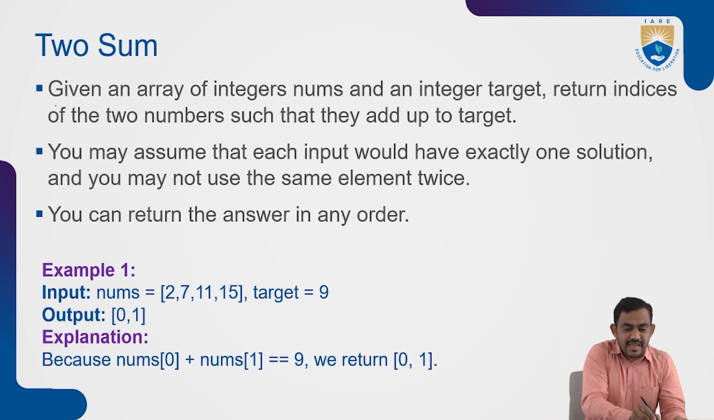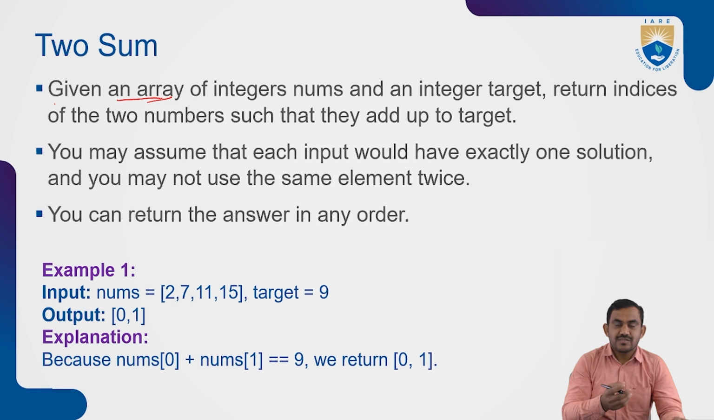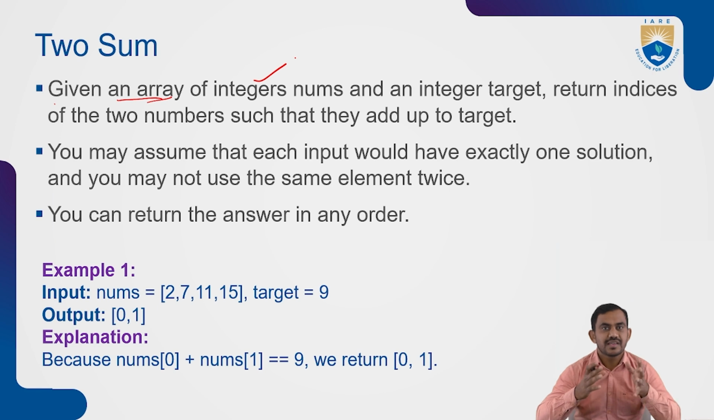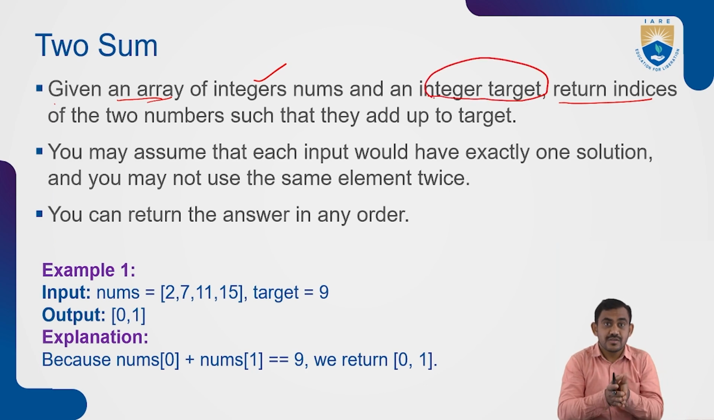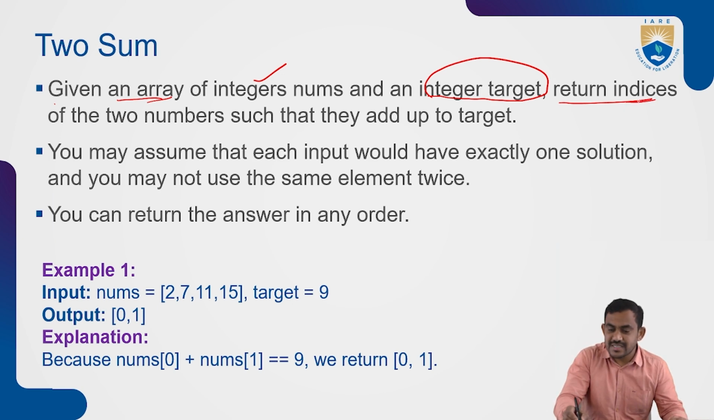He gave an array, which in Python we can call a list. He gave the list of integer numbers. Now, as for the return type, he gave one more integer, the target. So he gave the list as well as one particular integer. Two things he gave, and he wants to return